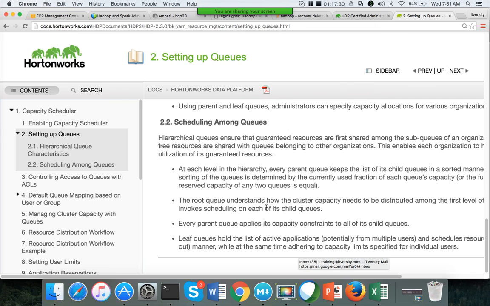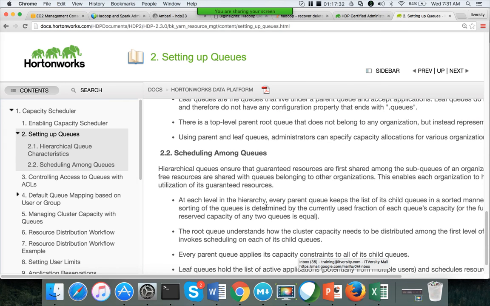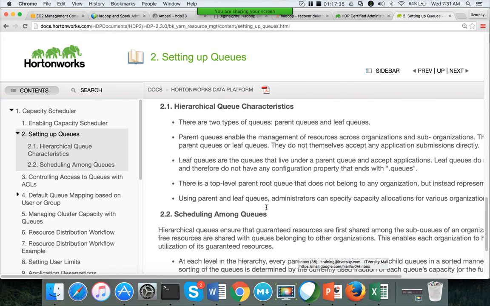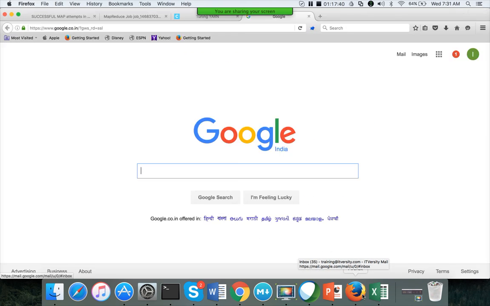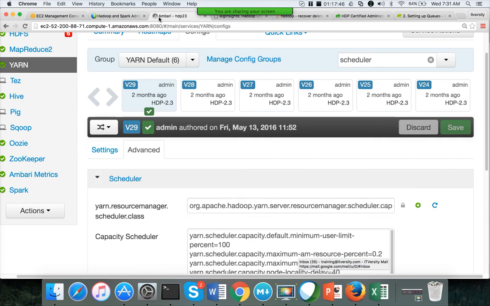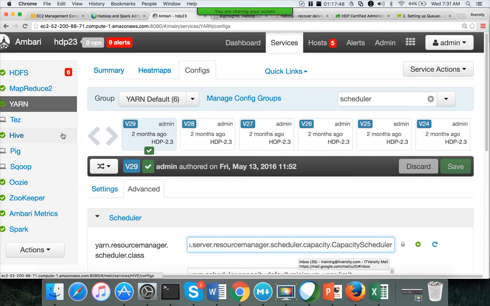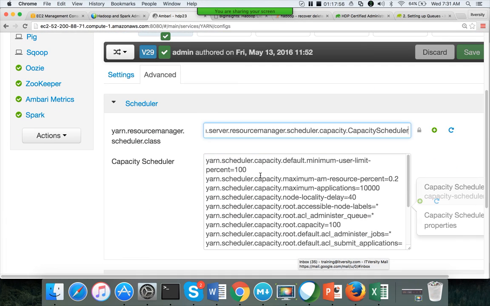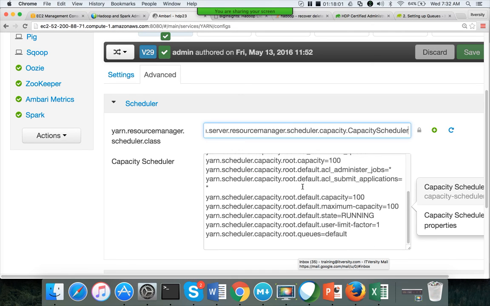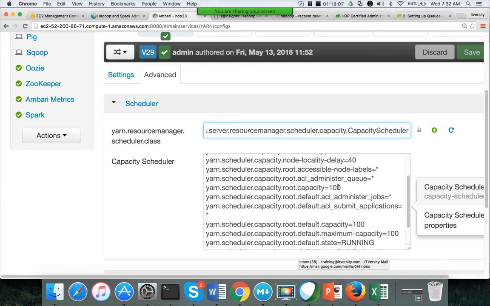Okay. So once those queues are defined, you will give the capacity to each queue in a parameter file called capacity-scheduler.xml that you can access in multiple ways. One is through Ambari. Go to Ambari, but you should update only through Ambari, though you can get this information through the command line or Ambari. And here is the place where you need to update the details about the queue capacity. Okay. So these are by percentage.